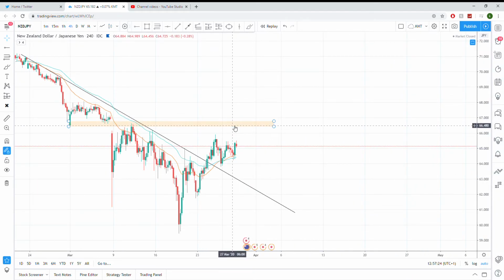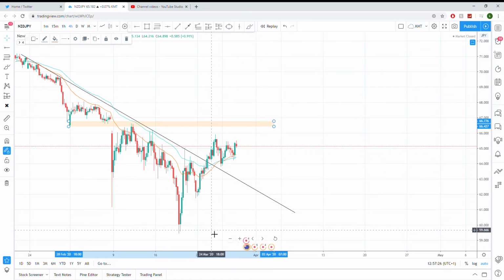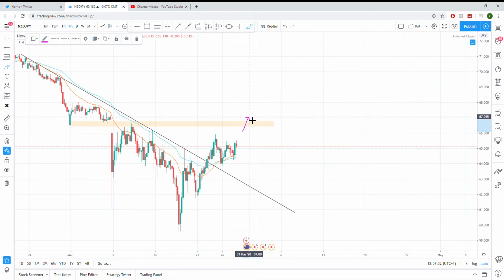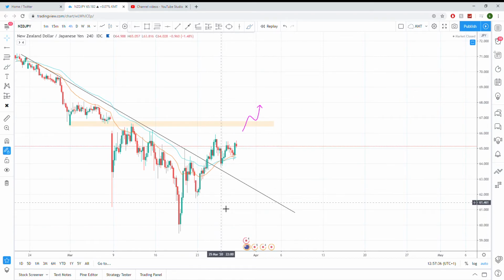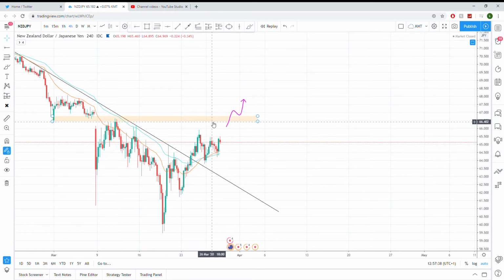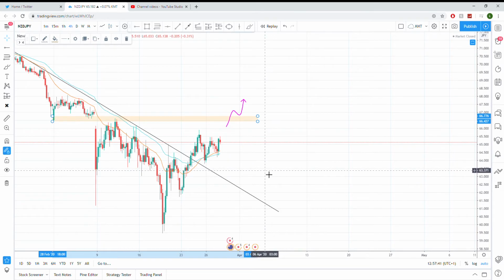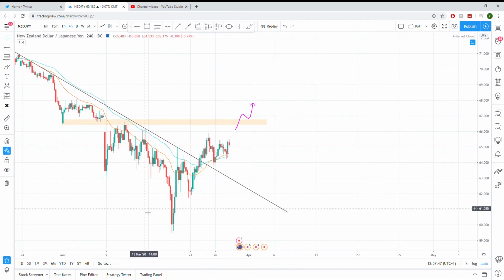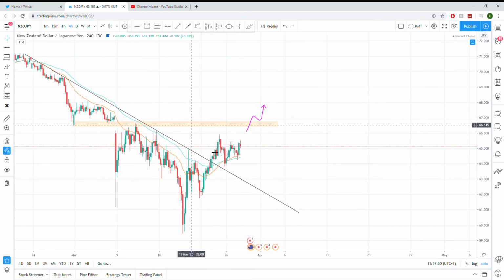Again, New Zealand dollar. We are still bearish here, so unless we break this zone, we will be looking for a bullish pressure. But for now, I do believe this is moving downwards still. But this zone is at 66.427 to 66.776. Okay, so still bearish with this one, but we could start to see momentum change